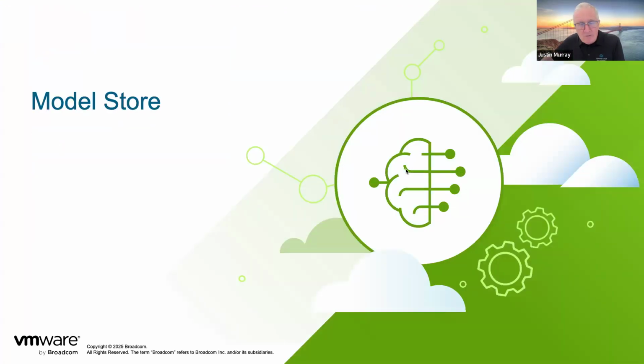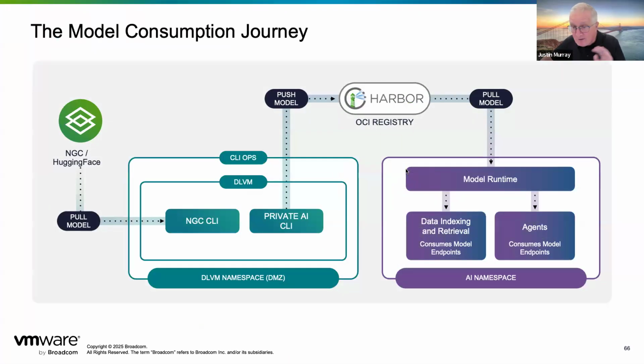So now, straying away from GPUs for a second here, this is a relatively new feature. It's the beginning of a whole new set of services for model storage. And I want to tie everything together now, tie the deep learning VM on the left-hand side with the AI Kubernetes cluster on the right-hand side, and show how they operate together using the Harbor repository as the join point between the two. So this is, if you like, a kind of summary of everything that we've talked about so far. And it's put in the context of a new model that a data scientist is pulling down from the NVIDIA GPU cloud, NGC, or from Hugging Face.